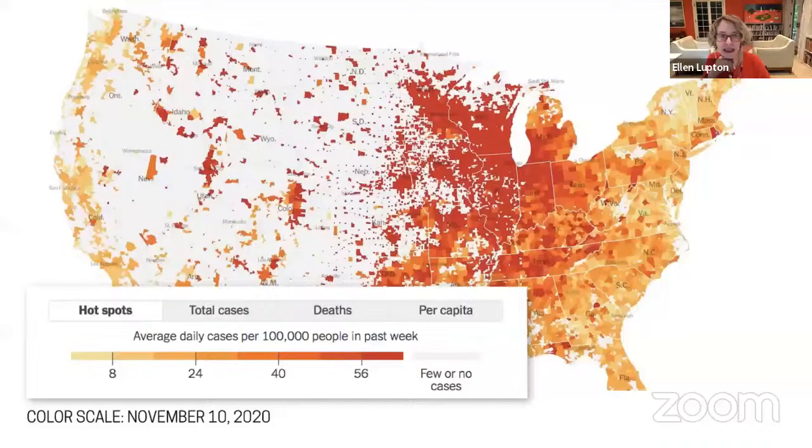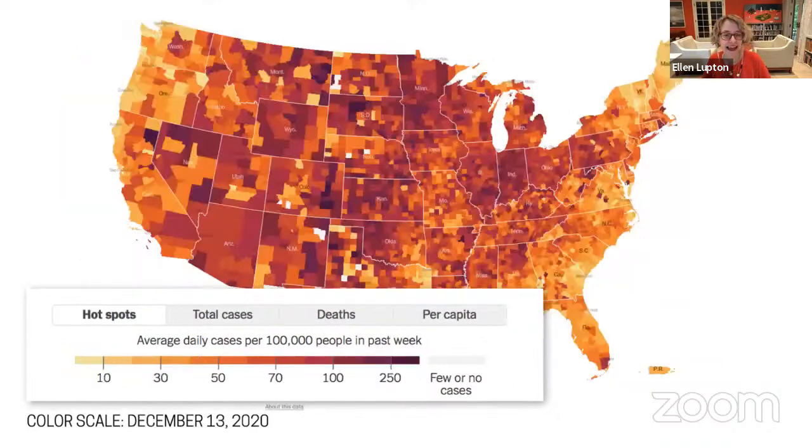And you can see that many parts of the country were already at the maximum case rate that was predicted. And just 1 month later, that number was much, much higher. And so at the New York Times, they actually had to add the color purple to the scale in order to accommodate these inconceivably higher rates. And we can see that 1 month later, the incidence of COVID is just way higher across the country.